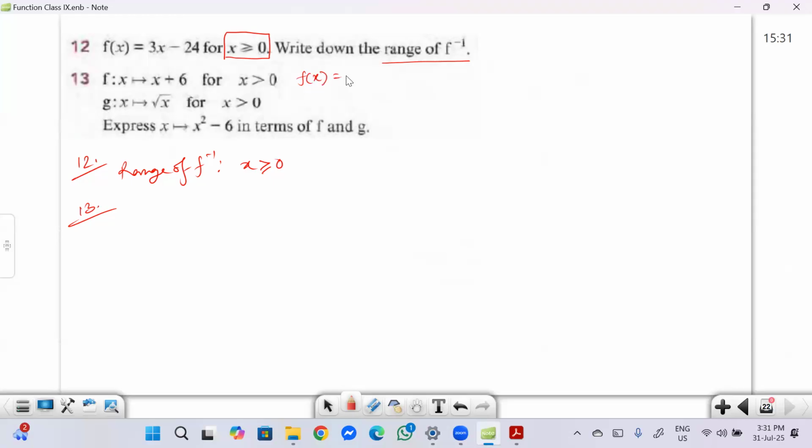Okay, so f of x, they say x plus 6. G of x, they say square root of x. And express x square minus 6. মানে হচ্ছে কি করতে হবে আমাদের যে x square minus 6 এর জন্য তোমার আসলে f of x, g of x এর কম্বিনেশনটা কেমন হইতে হবে, ঠিক আছে? সো উই অ্যাকচুয়ালি নিড টু মেক x square minus 6।